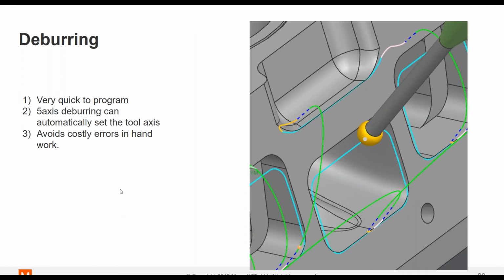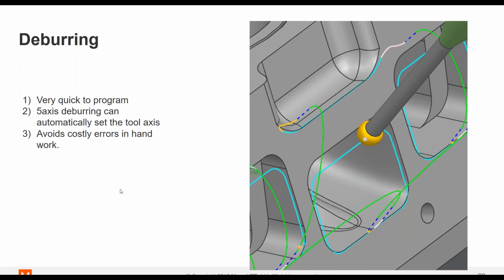Here's our last topic of the day. It's deburring, and traditionally this wouldn't be included in a discussion of surface finish on milling machines, but we've noticed a lot more interest from our customers in the last couple of years in deburring. And I think part of that is because of the changes we've made to the software. We've got special operations now just for deburring, so it's very quick to program these. And this has changed the way people are starting to think about deburring.